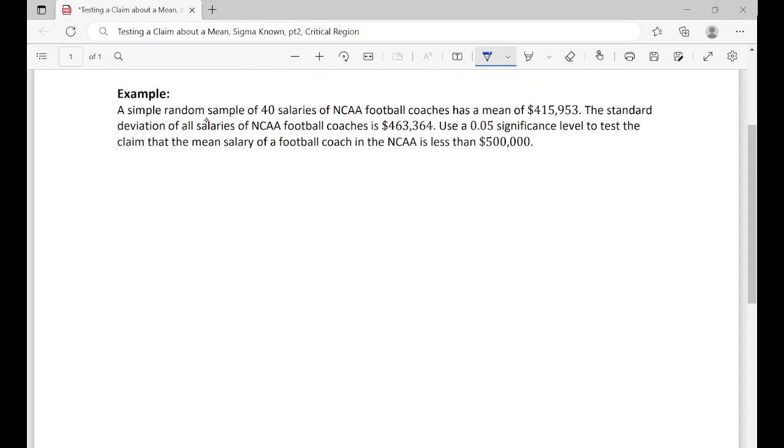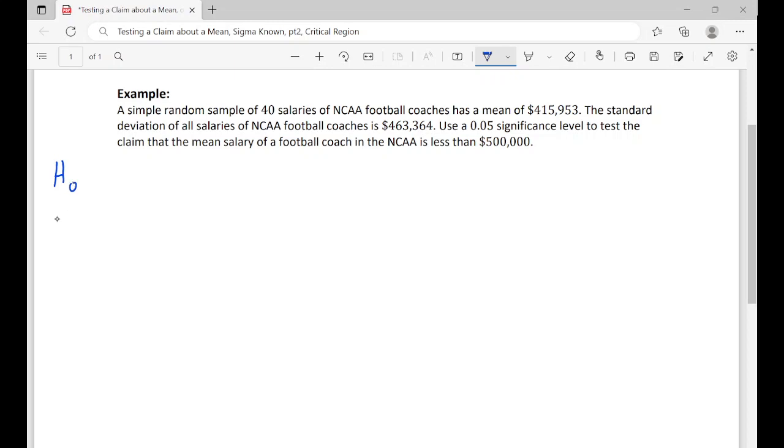A simple random sample of 40 NFL salaries of NCAA football coaches has a mean of 415,953. The standard deviation of all salaries of NCAA football coaches is 463,364. We're going to use a 0.05 significance level to test the claim that the mean salary of football coach in the NCAA is less than 500,000. So let's start off with